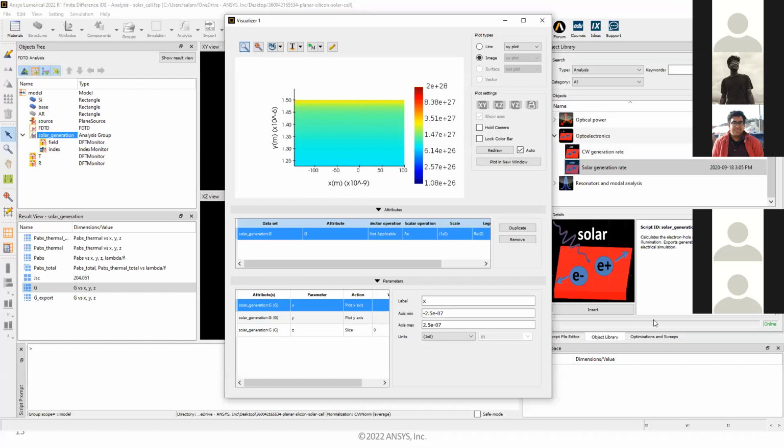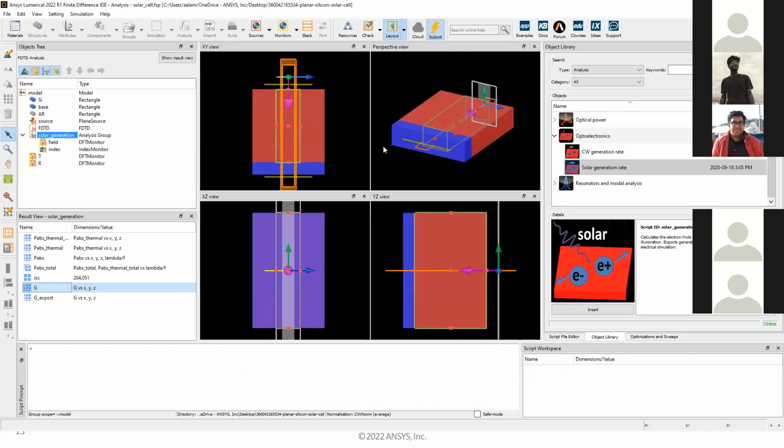Sorry for the interruption. I have a question here. Yes, thank you for the permission. So I want to ask, if we plant a solar cell and we want to see how the light is scattered forward or back scattered, can we draw a polar plot, and how can we do that?